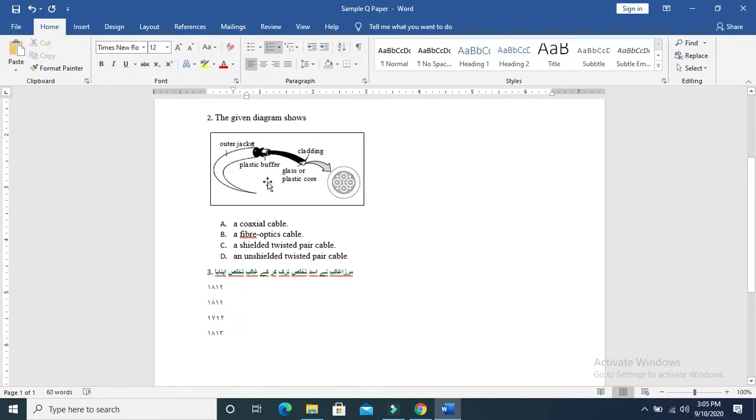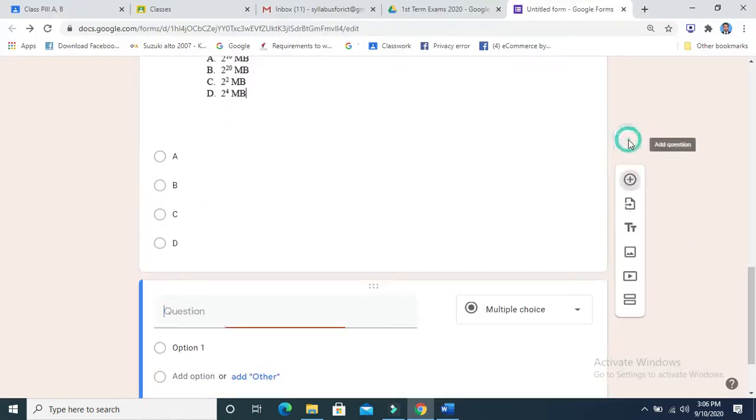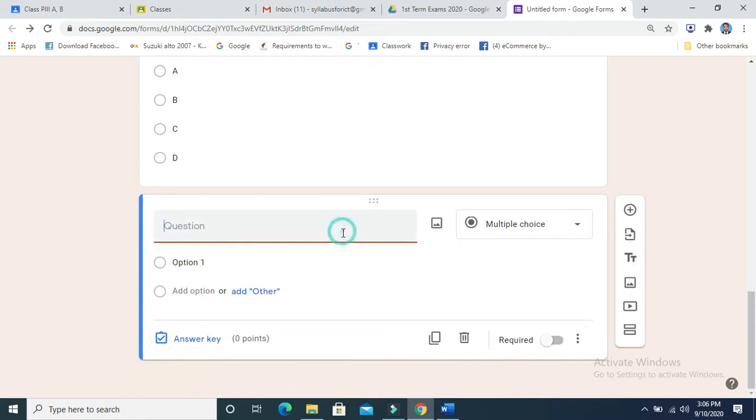Similarly, if some pictures are there, you can give them, and even if some Urdu text is there, you can copy it. Urdu teachers, and those teachers who are teaching Urdu or Islamiyat, will better understand this. You can give that Urdu text, but that text should be typed in Microsoft Word. It should be typed in Microsoft Word.